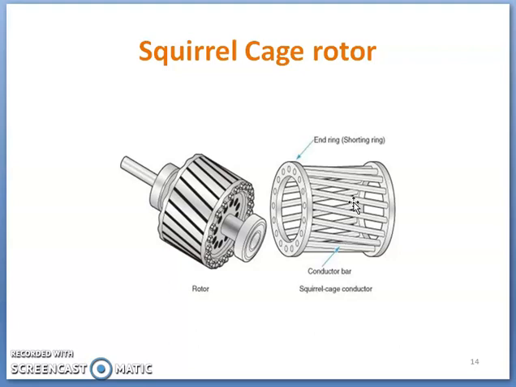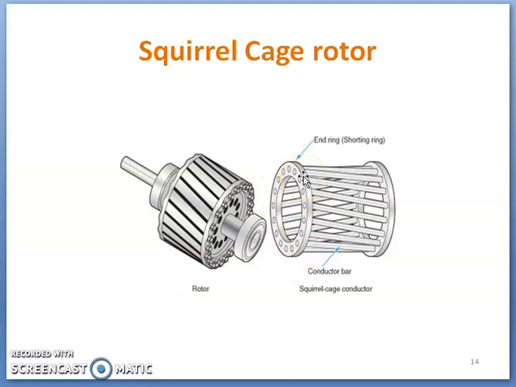You know the principle of the motor. Whenever a current carrying conductor is placed in a magnetic field, it experiences force, and because of that force the rotor starts to rotate. Because of this reason only, the bars of every squirrel cage rotor must be short circuited with a ring. Hence it is called an end ring. At either end of the rotor bars, a conducting ring is put and it is called the end ring.